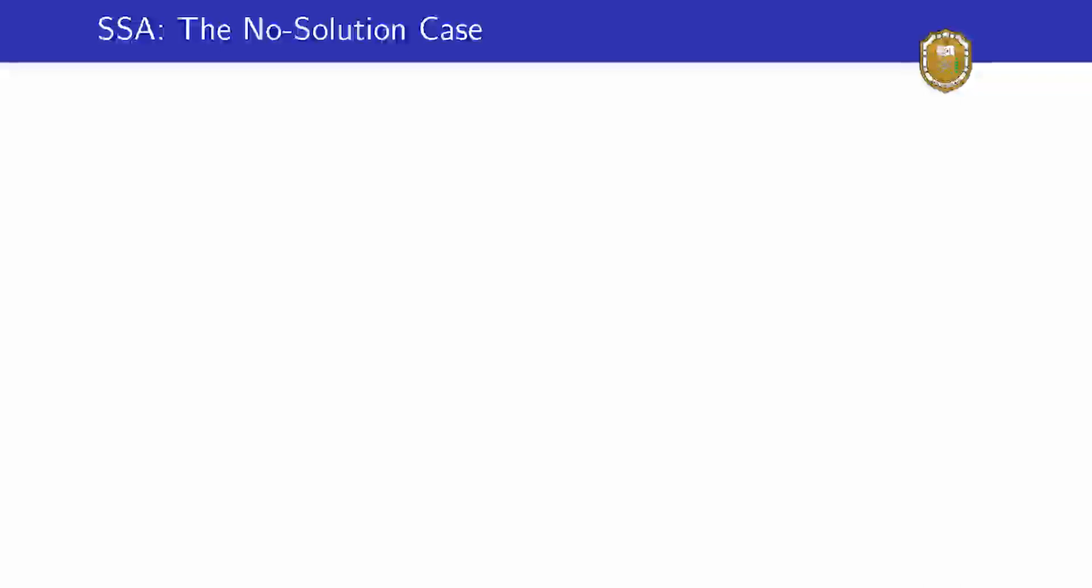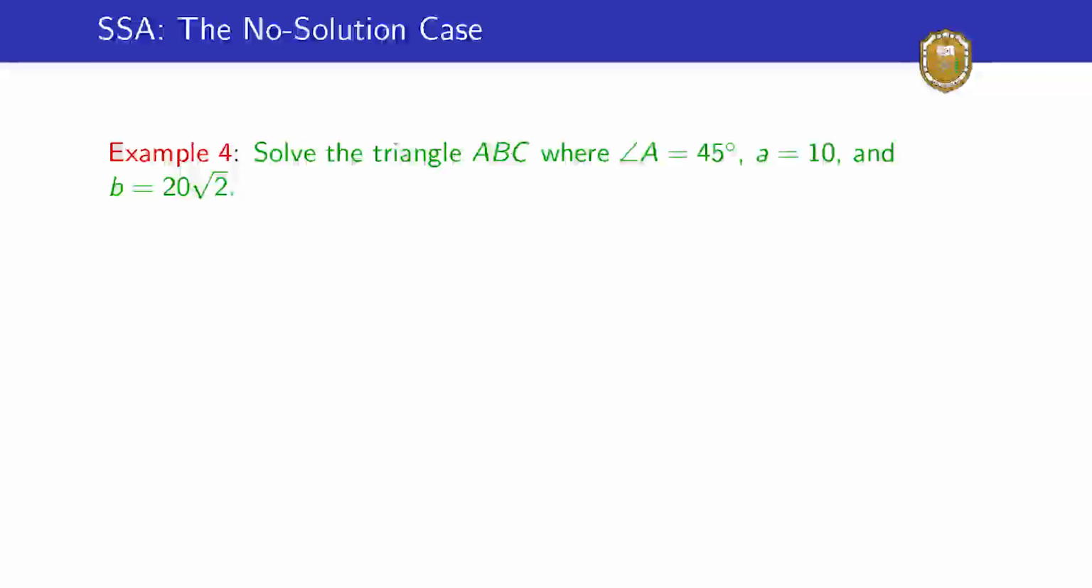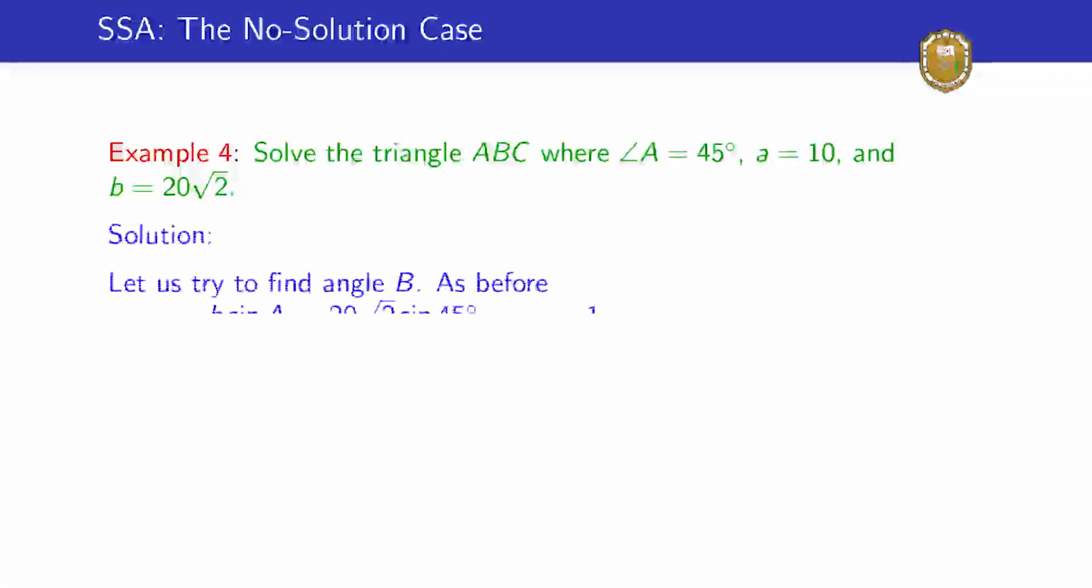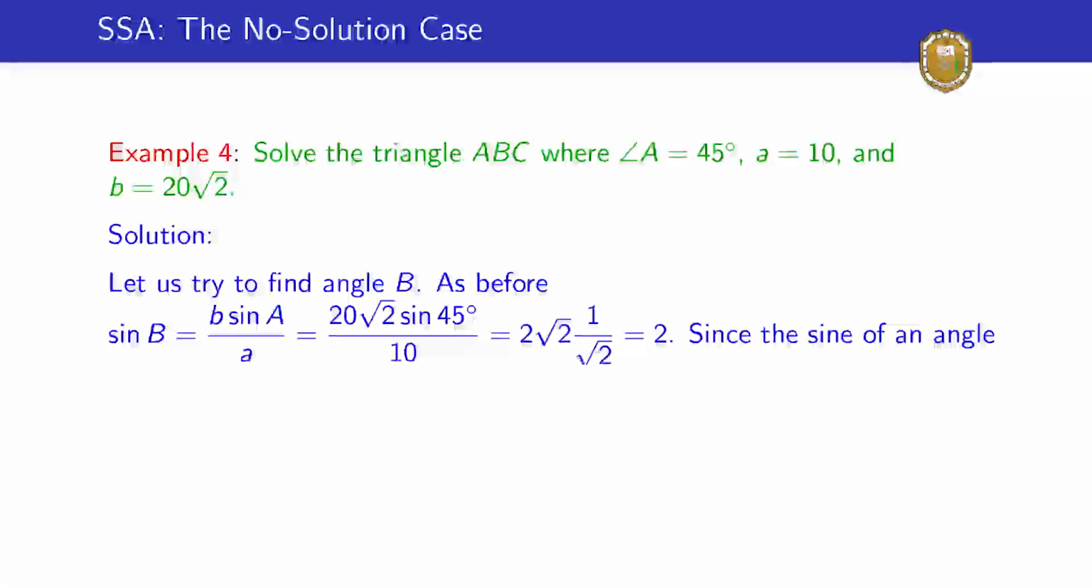So this is considered under example 4. The example says, solve the triangle ABC where angle A is 45 degrees, length a is 10, and length b is 20 root 2. As before, let's try to find angle B. We have that sine B is equal to b sine A divided by a, which will be 20 root